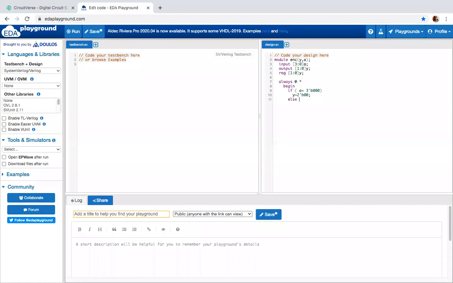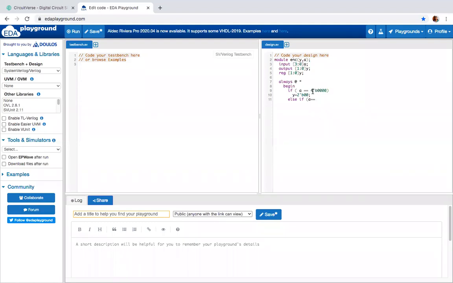Next one is else if A is equal to, so this is an equality operator, so you should have double equal to, since we are equating and checking if it is true or not. If the value of A is equal to 4'b0001, it is checking and it will give you the output. It should be 4:2, right?